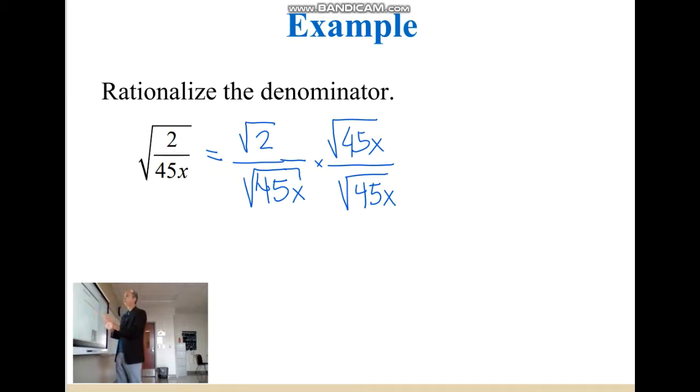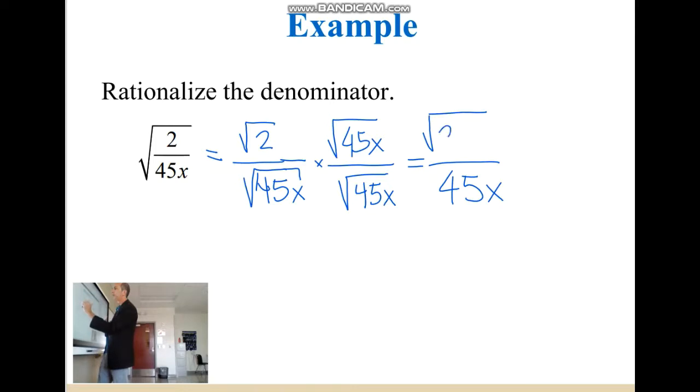This is 1. We can multiply anything by 1 and it stays the same. The denominator is going to be square root of 45x times square root of 45x. This is the square root of 45x squared, which is just 45x. Now we don't have any square root in the denominator, and we can multiply square root of 2 times square root of 45x. We can put together square root of 2 times 45x. This is square root of 90x